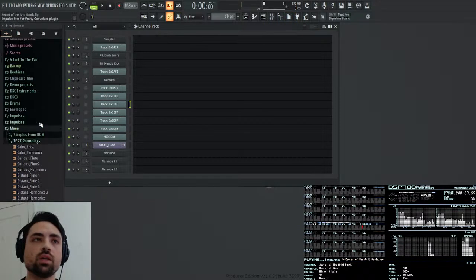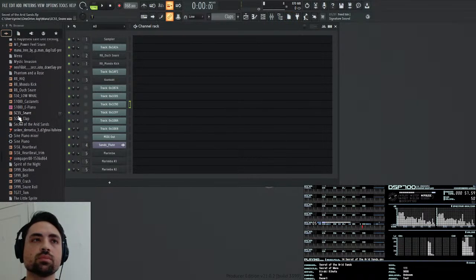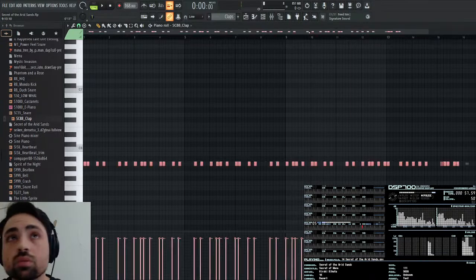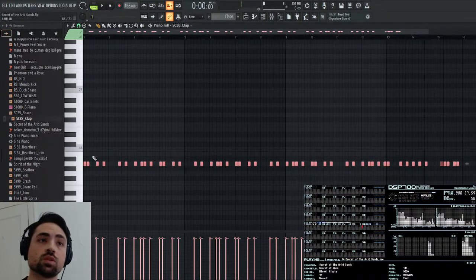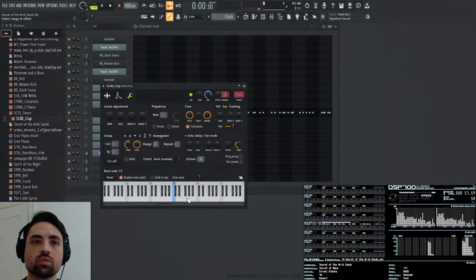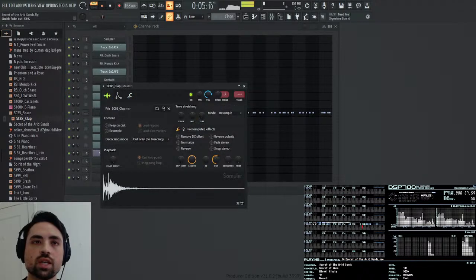And then let me go and grab my clap sample. And I do believe that this is going to be, I'm going to put my root note one note under what's being played at G. And also take out some of the tail.